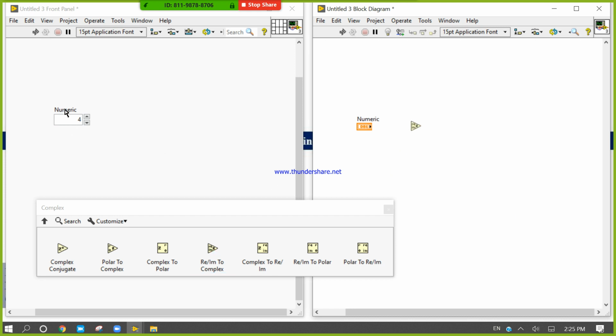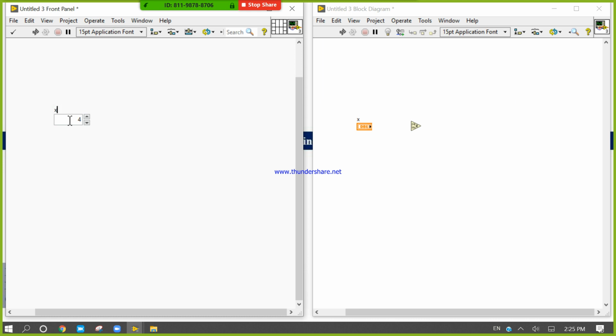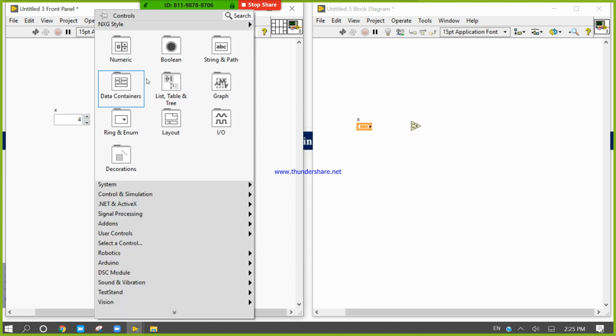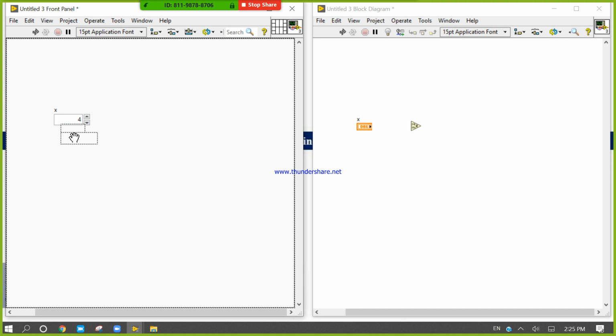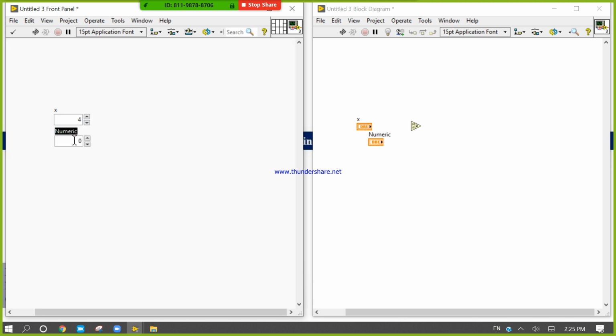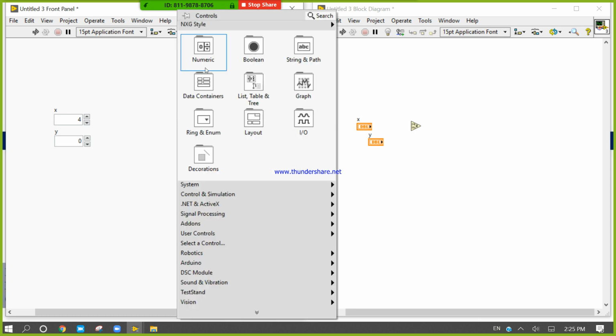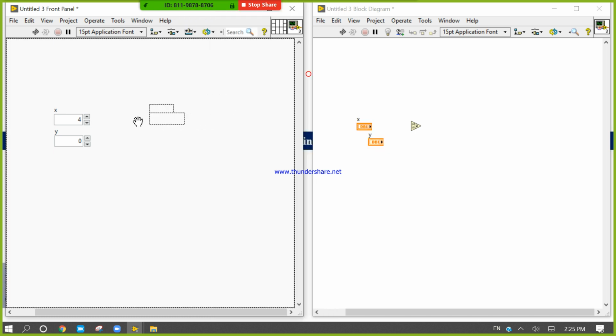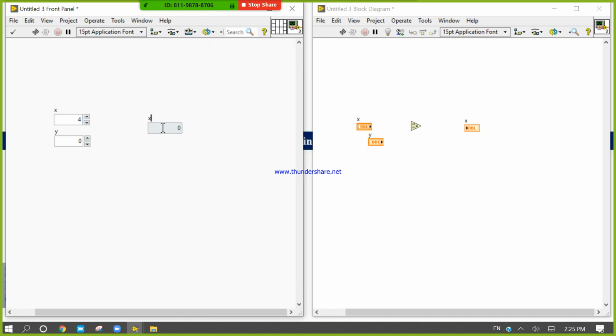Now this is my X. I will take one more control for Y, and I want to get the output. So I know the output is X plus iota Y, my expectation.